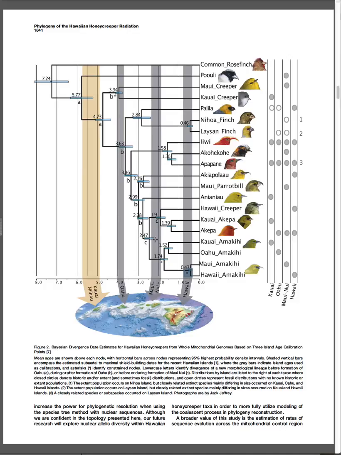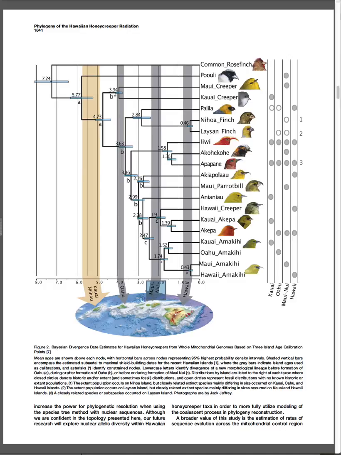Right, so before Oahu is formed, how many of those morphological types? Then think about Maui Nui. How many of the Hawaiian honeycreeper morphological types had evolved before this island existed? And then finally, which of the major types had not evolved before Maui Nui was formed, right? Which ones